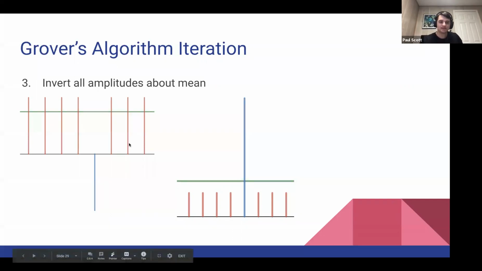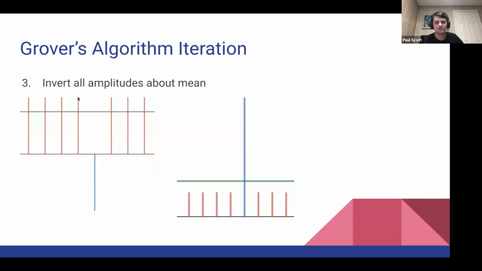This blue one is the probability amplitude of the element we're trying to measure. So it goes negative, as you can see here. This black line is the y equals 0. So anything under it's negative, anything above it's positive. But we can see that because we made it negative, the mean is slightly below all these other probability amplitudes. So what we do, and I'm going to try to explain this the best way I can,